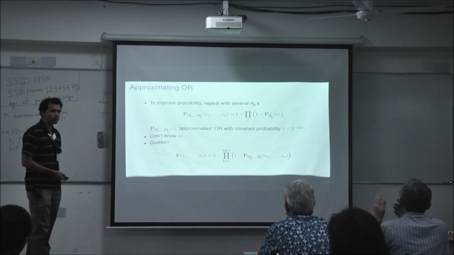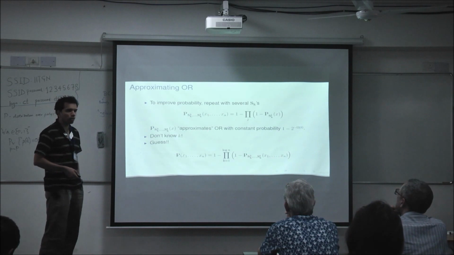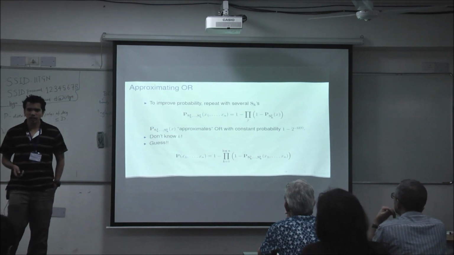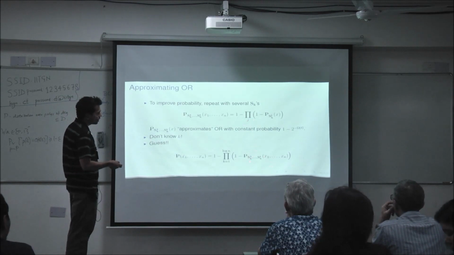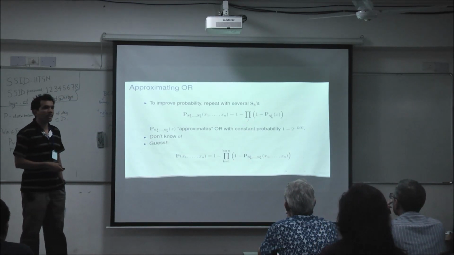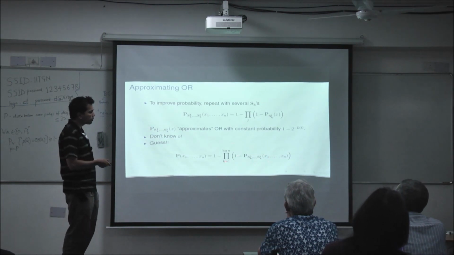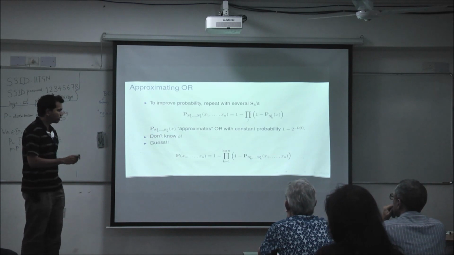This is the final point. So it's 1 minus the product of 1 minus these polynomials. And you can check again by the same reasoning. When x is 0, all these polynomials are 0, so therefore you get 0. When x is 1, with high probability, one of these polynomials is going to be 1, so that term will vanish, and therefore with high probability you will output 1. It's the same.